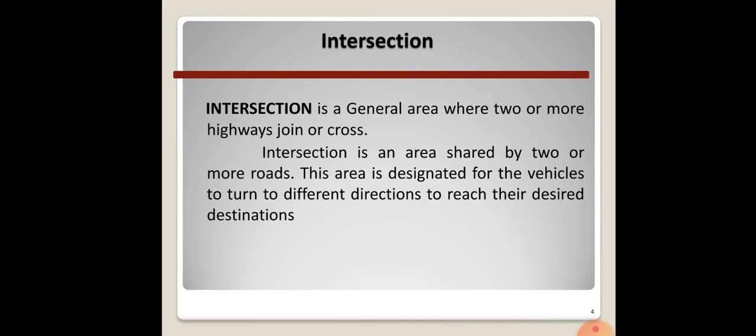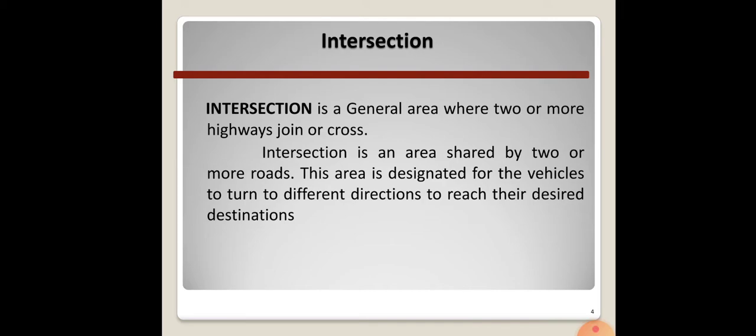Also, the geometric layout should be selected in such a way that the hazardous movements of the drivers shall be eliminated, and this can be achieved by various techniques like channelizing and also staggering. So we'll be discussing the channelizing later on. And while we design an intersection, it should also permit the driver to discern quickly from the layout or from the traffic signs the path he should follow, and also the actions of merging on a road or diverging from a road. And also the layout should follow the natural vehicle paths, and the number of conflict points has to be minimized.